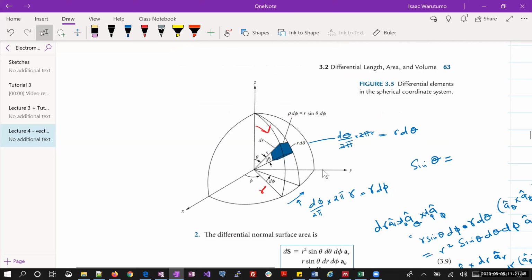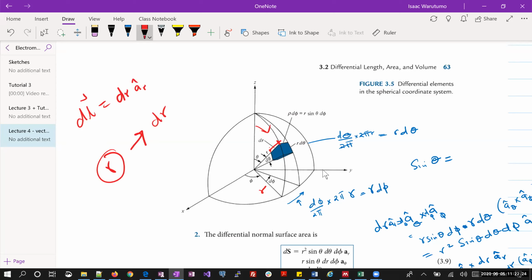And the idea is rather simple. This is the length, the radius r. So the elemental length from this point to this point is simply dr. When we say elemental length or differential length, we are saying it's a small portion. You had r as a radius, so a small portion of r is dr. So that becomes your elemental length. So we are going to find dL, a vector, is going to be in the direction of a_r, we are going to have dr a_r, then plus in the direction of a phi,